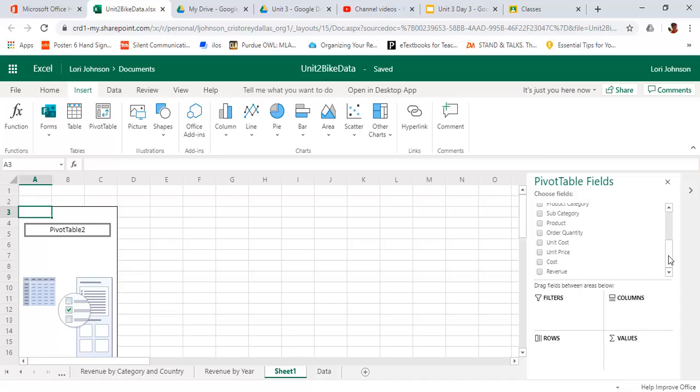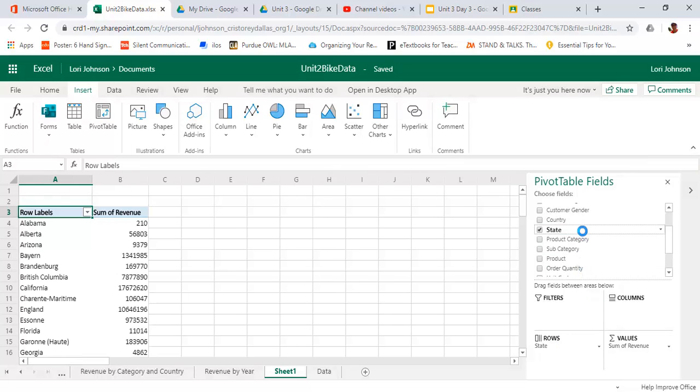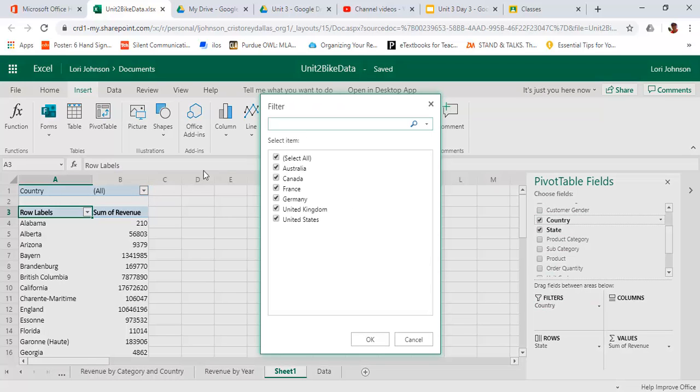So again, the difference between our clustered column and our clustered bar is that the clustered bar is really used for sorting or ranking. So I'm interested in total revenue. And instead of seeing product category, I want to see state. And I'm interested in states in the United States. So I'm going to add country to my filter and then choose the United States